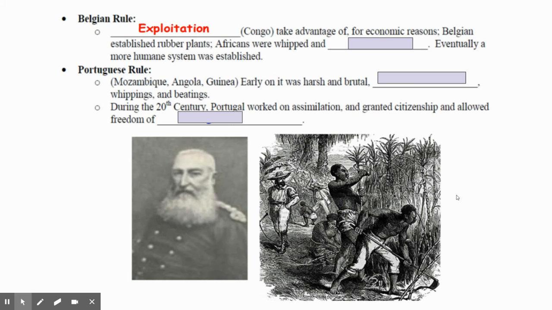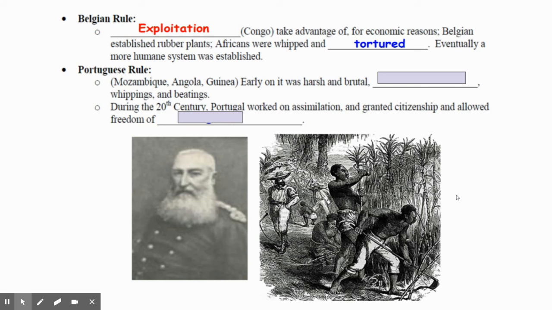People who were working in these plantations were whipped. In many cases, they were tortured. Individuals who tried to run away or to speak out might lose a hand or a leg. As a way to punish somebody who might have run, the torture might have been taken out on your child. For the most part, probably one of the most brutal examples of Europeans trying to rule over an area. Over time, a more humane system would be established, but it's really hard not to focus in on all the horrors that came out of this.